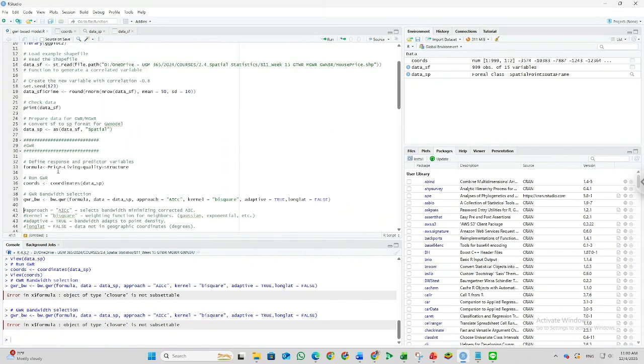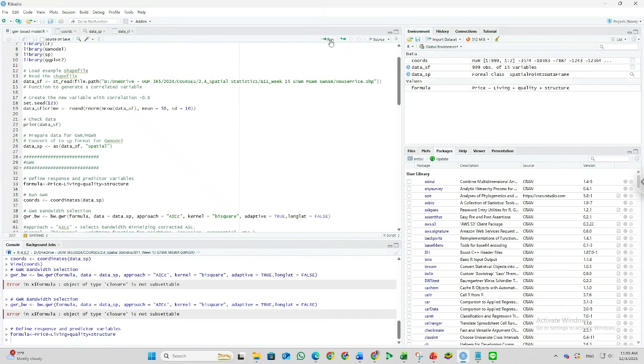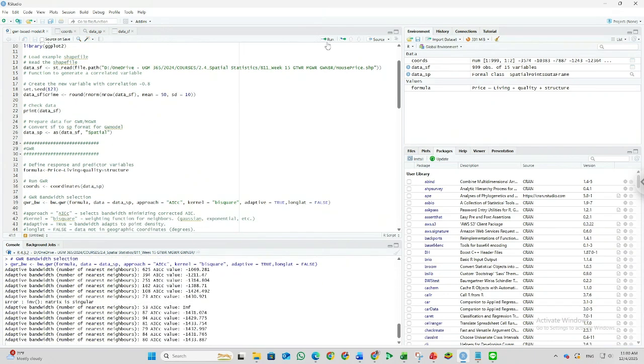I will run the formula again. Oh, I forgot to run the formula. This is the formula and this is the coordinate. So now I can run it. This is the result of the bandwidth selection.